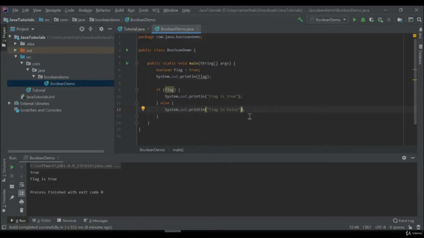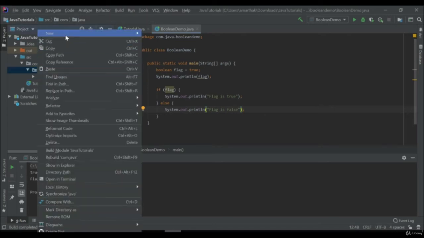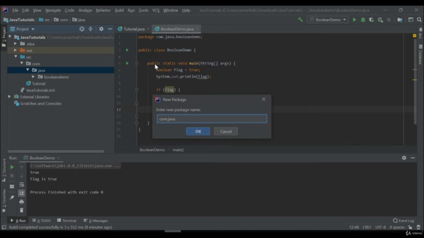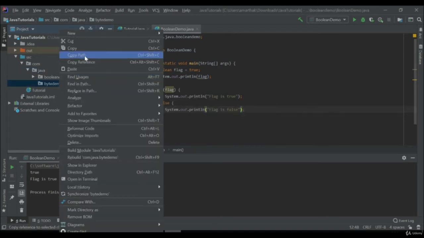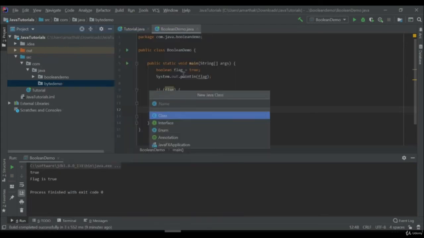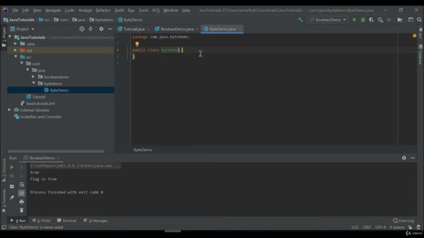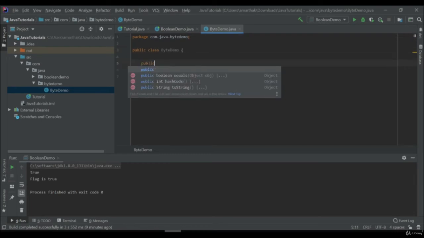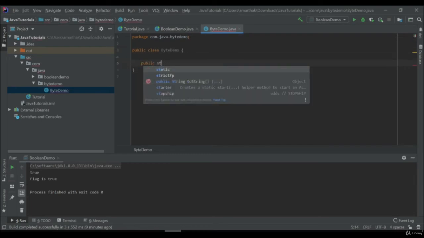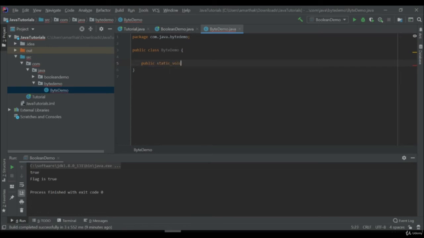Here, to have a byte demo inside this Java package, I'm going to create again a new package, and I will name this Byte Demo. And inside this Byte Demo package, I'm going to create a class file, and I will name this Byte Demo. Once you have that class, you can see it is inside the Byte Demo package, and in the same way I'm going to create a main method